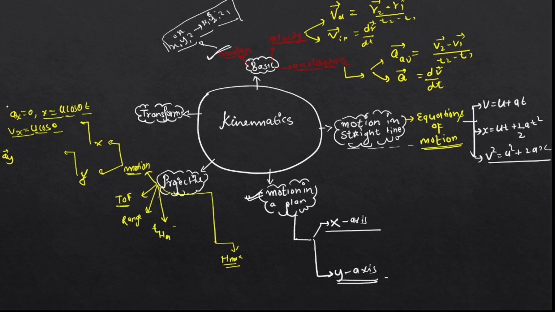Ay was minus g. What was y? This was y, and what was our final velocity? This is actually minus. This was motion along y,